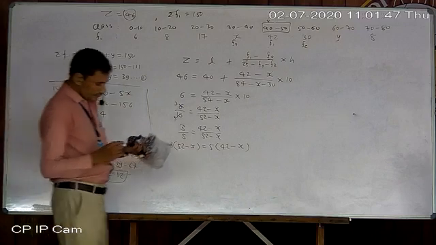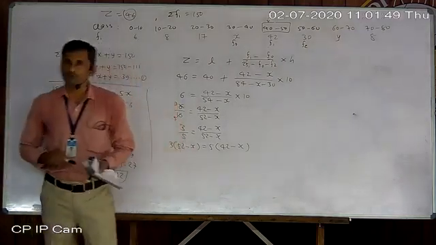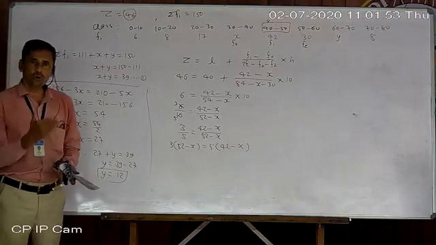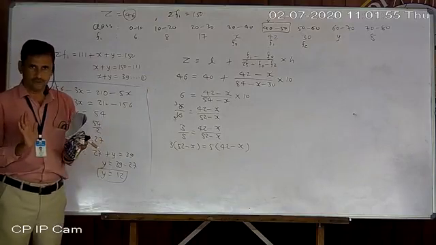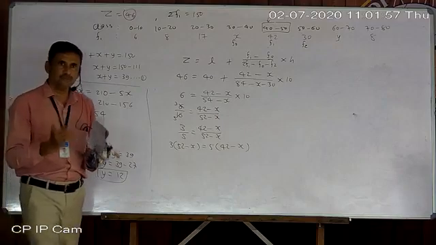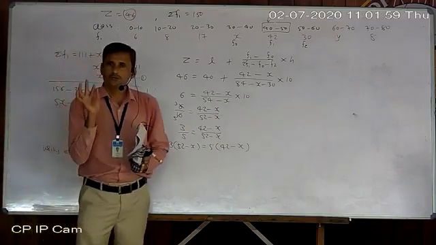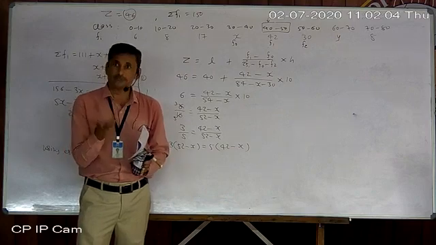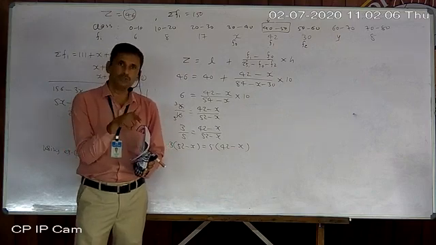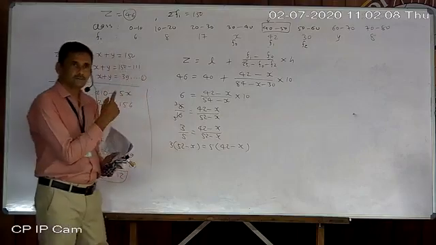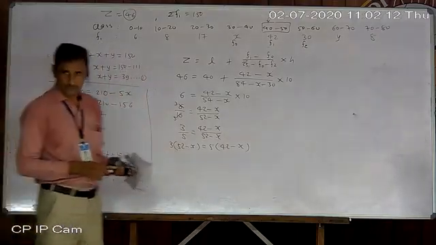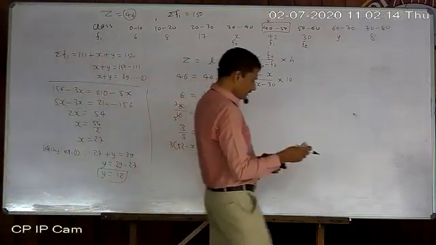Okay. So students, now we have already gone through all the topics of missing frequency. Previously we started the missing frequency topic in mean. One missing frequency, two missing frequencies. In median also, two missing frequencies, then one missing frequency. In mode also, yesterday one missing frequency, and today two sums related to two missing frequencies. Okay. Now the same sum I am going to give you.